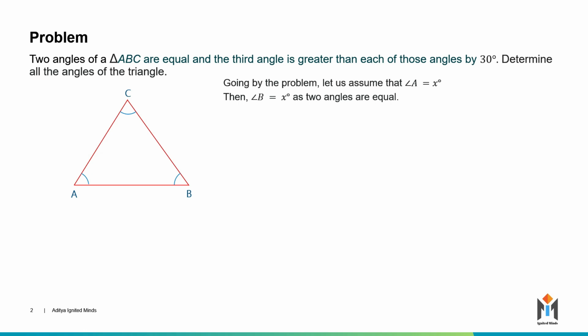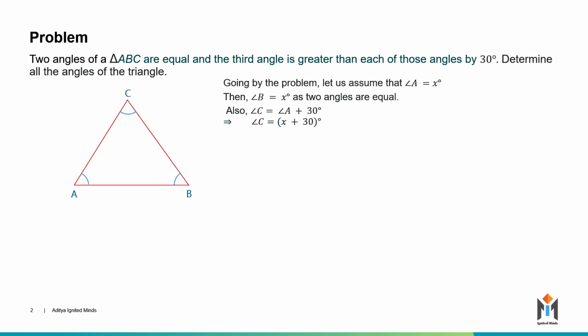Now coming to the third angle, which in this case is angle C, it is given that it is greater than each of those angles by 30. So angle C is equal to angle A plus 30. This is how we have to represent it. Since the value of A is x, we can write that angle C is equal to x plus 30. Now that we are able to express all the angles in terms of x,